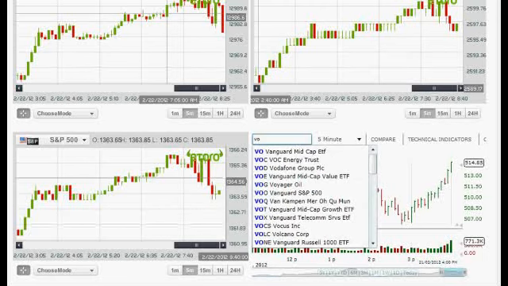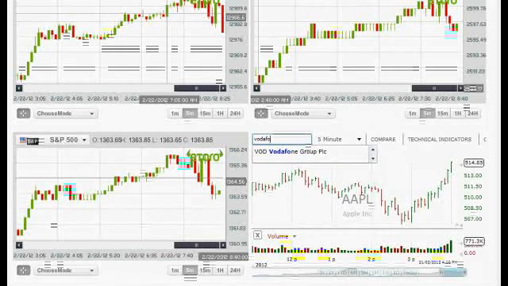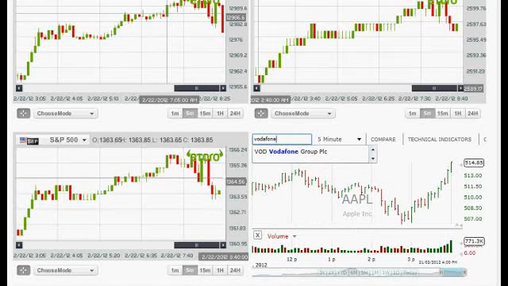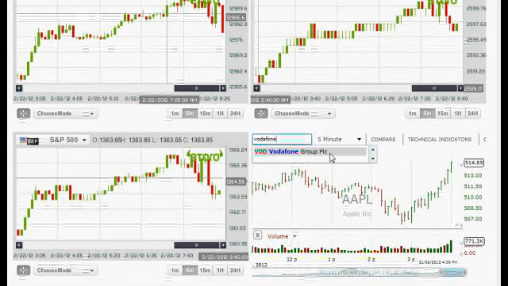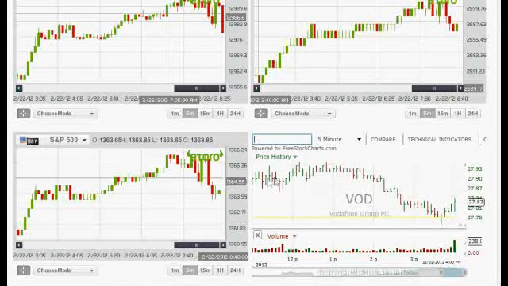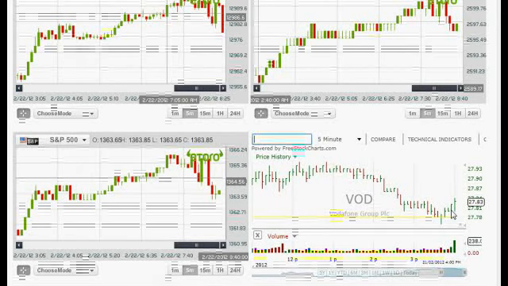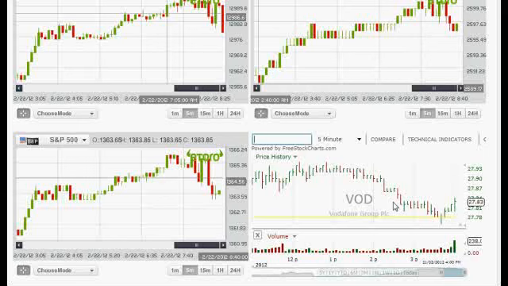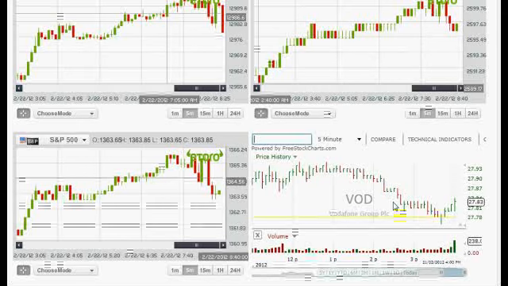I'm gonna enter Vodafone right here. As you can see, it already suggests the stock. I'm gonna click it, and as soon as I click it, I can see the trend line. It's a beautiful downwards going trend starting from this point going all the way down here. So basically it's the same as using the currencies and commodities sections,